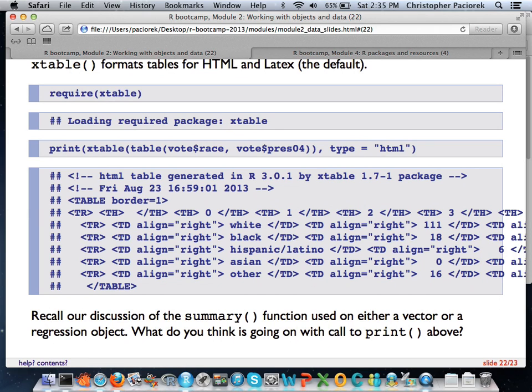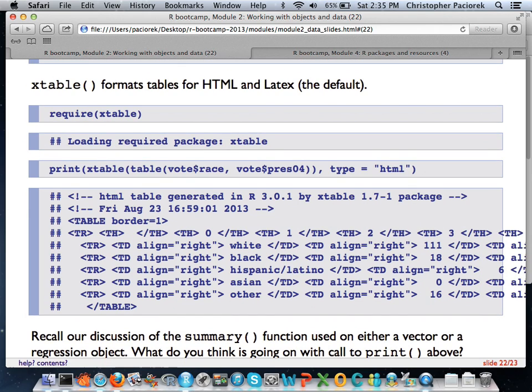And then this is just a bit that I'll let you read on your own. If you want to take a matrix or data frame in R and make it into a table in HTML, or make it into a table in LaTeX, if you use LaTeX for document processing, you can follow the syntax here for doing that. So you don't have to manually transcribe from R into whatever document processing that you're doing.